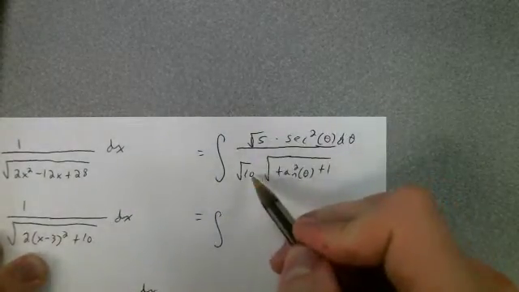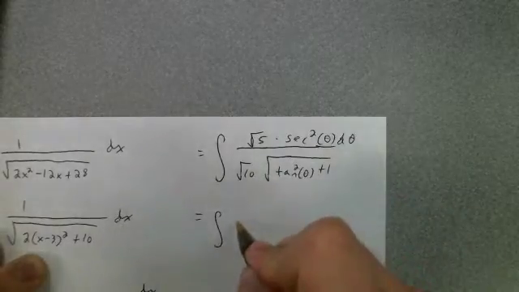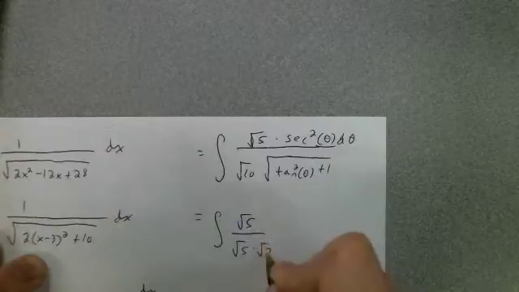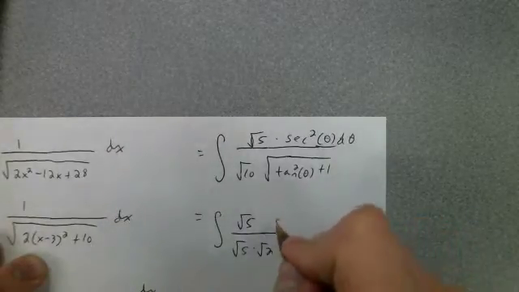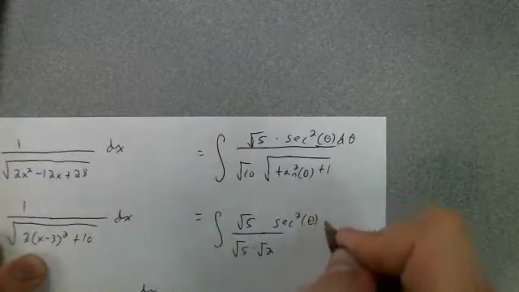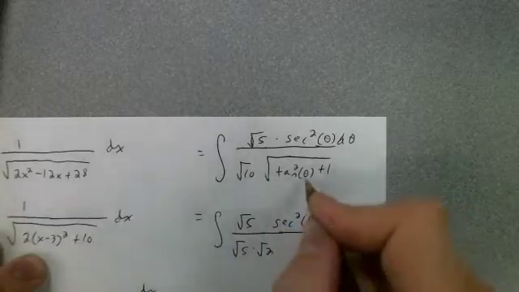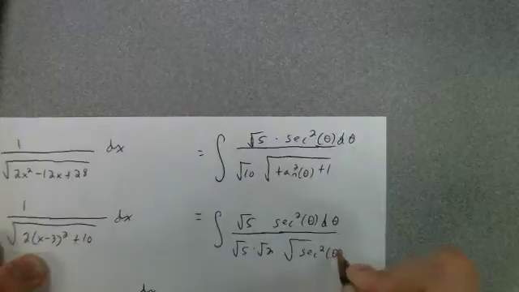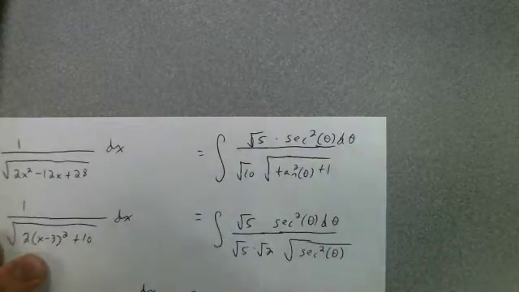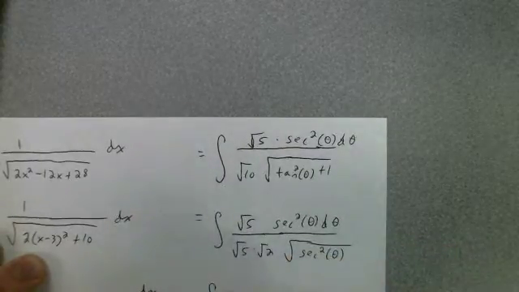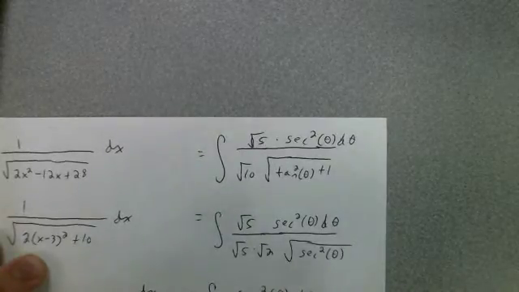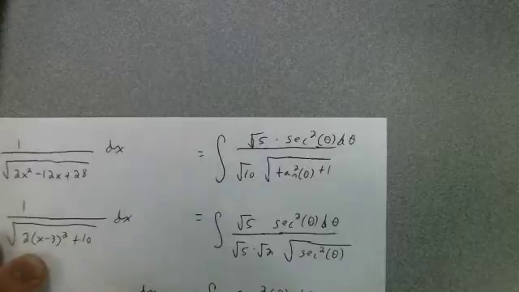So root 5 on top, root 10 on the bottom. Well, I can actually simplify that root 10 as root 5 times root 2. So I can cross off those root 5s. Tangent squared plus 1, that's secant squared. All right, cross off those root 5s. I got secant squared theta d theta all over the square root of 2